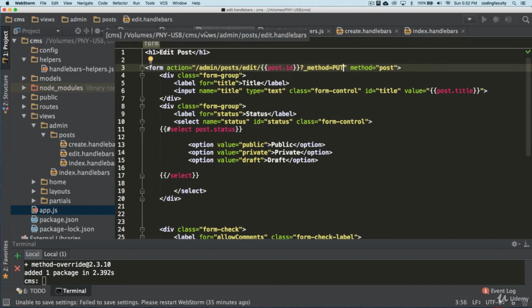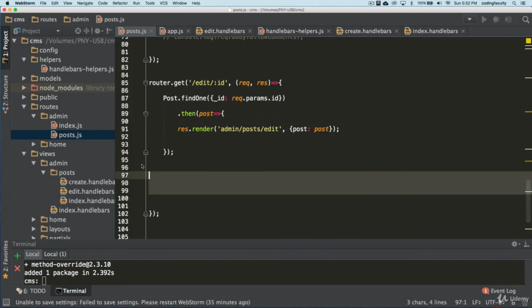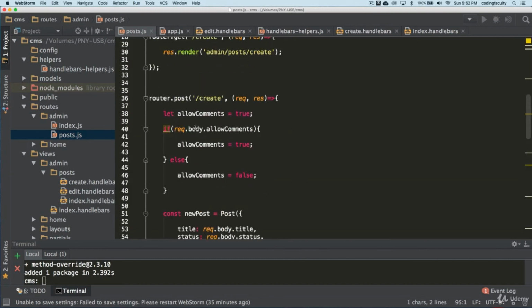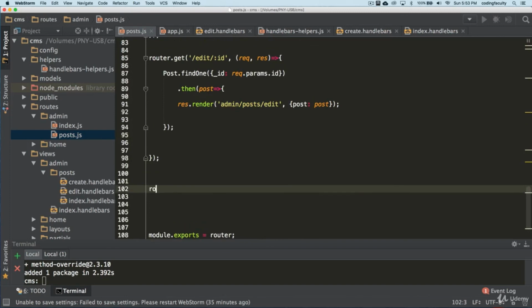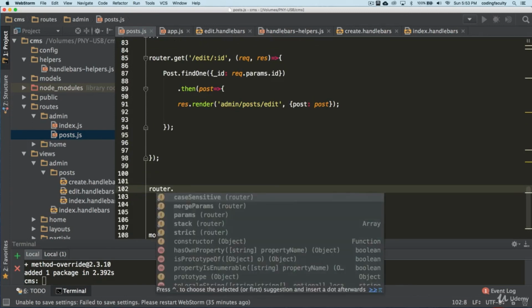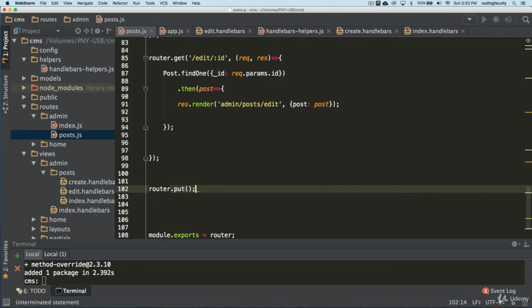Okay, let's check it out to see. Let's go to our routes, admin posts. We don't have a put request yet. Let me see. No, we haven't got to that yet. All right. So now here, router.put, and it's going to be admin post edit.